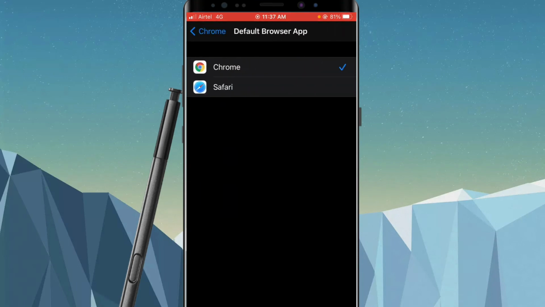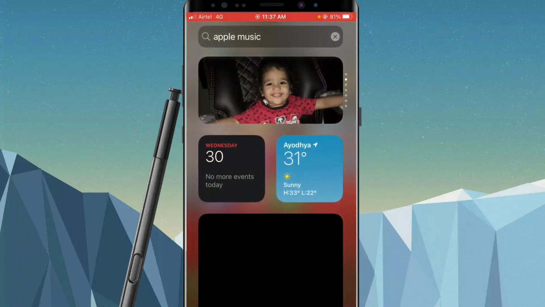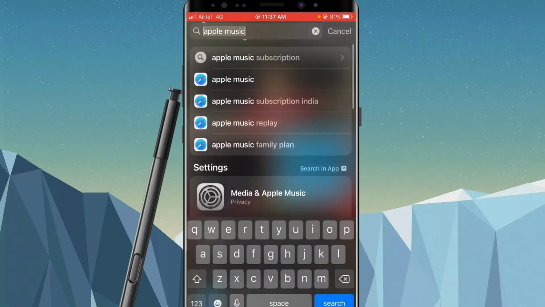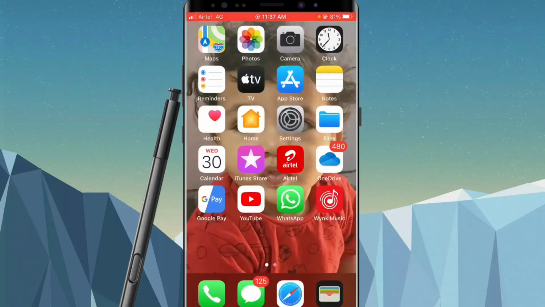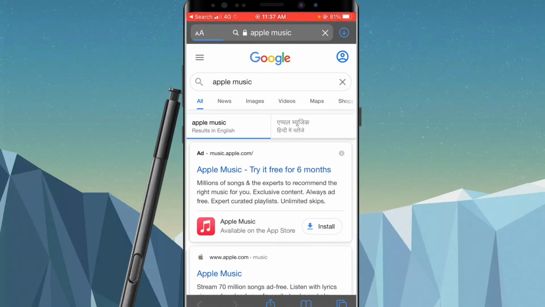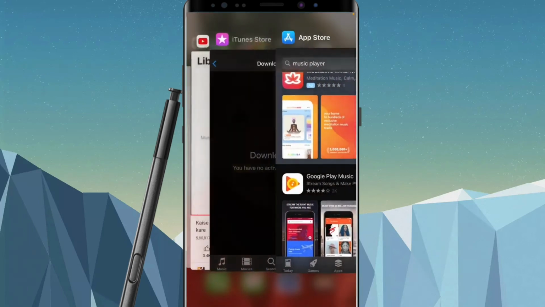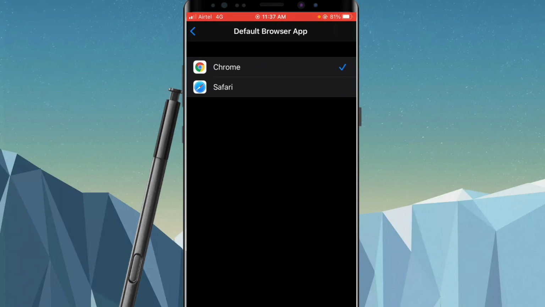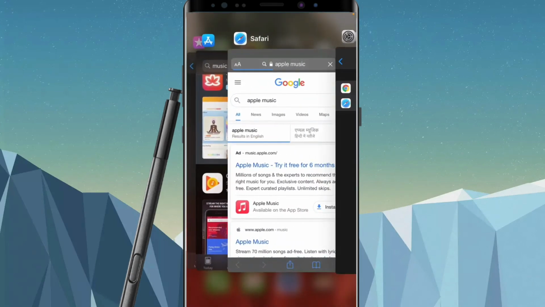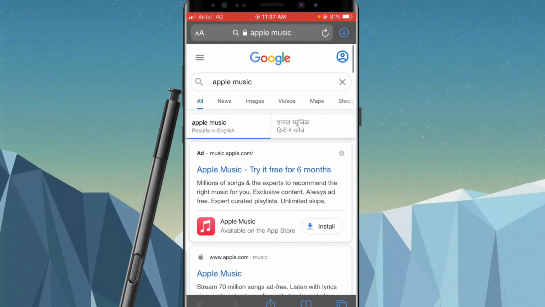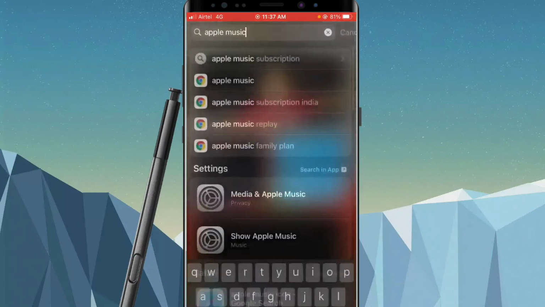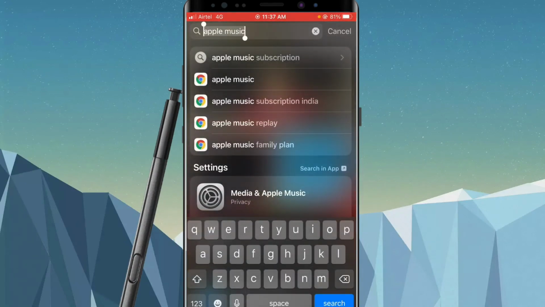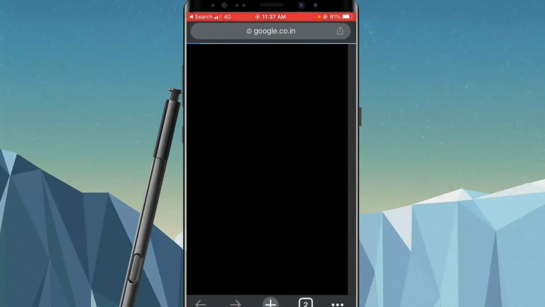Now if I again turn it back to Safari right now, and I'm going back here and I will again search here. Now as you can see, all of them turn to Safari, right? If I click on Apple Music, it will open in Safari. And if I'm going to settings, okay, here Google Chrome, right? And if I now search, and now if I click on Apple Music on the first option, now it will open